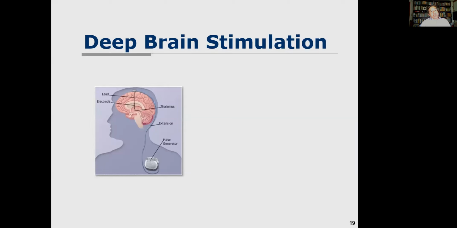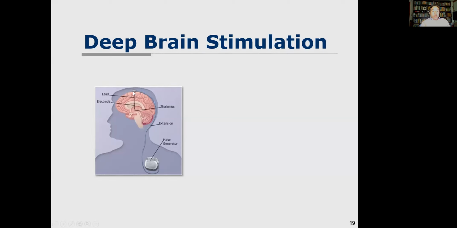So we talked about deep brain stimulation. Deep brain stimulation is not quite totally electromagnetic. It's also surgical. You have an electrode that goes to a very specific region of the brain. So this is guided through a frame. We call that a stereotactic frame that's registered with MRI images or CT images.